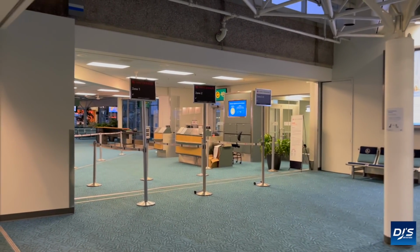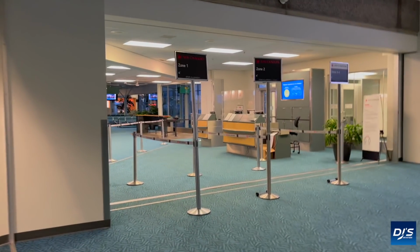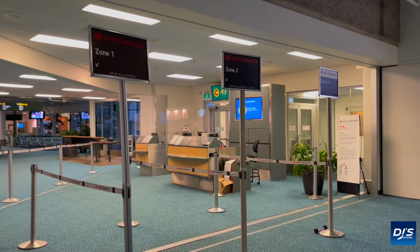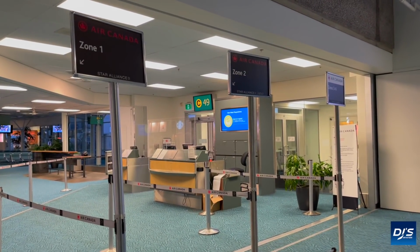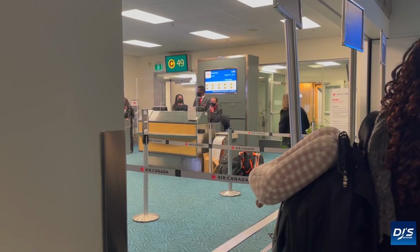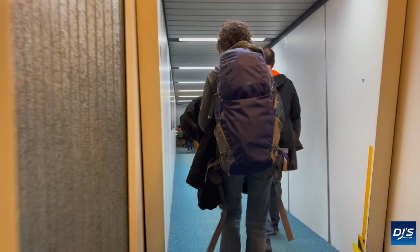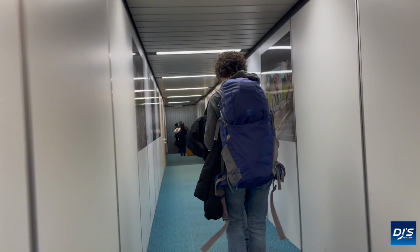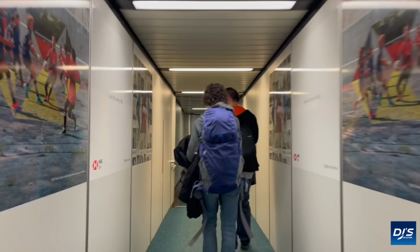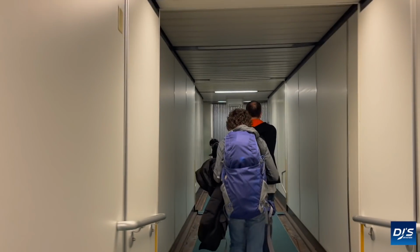Boarding was from C49, this is the gate earlier before the fanfare. Air Canada conducts its boarding in zones that correspond to your seating and ticket type area, although this can definitely be a recipe for disaster, with people unclear of what zone they are in. On-time boarding did commence, and I loved Vancouver Airport. It's definitely been my favourite airport that I've visited so far in my life, and today I'll be flying on my first 737 MAX, as mentioned, from Vancouver to Montreal, and also, this is my first Air Canada flight,